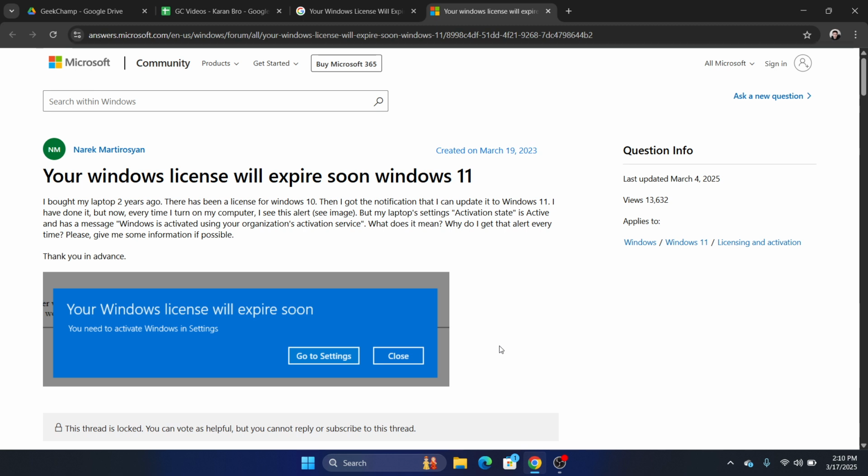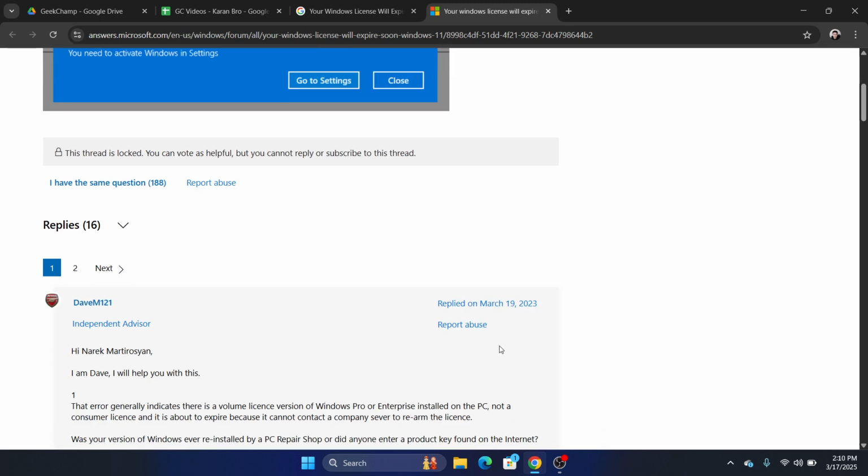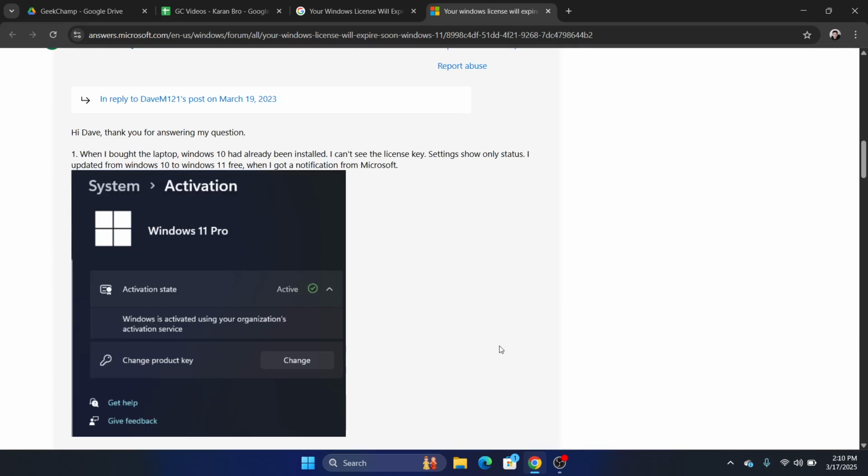Now, ideally, an OEM license that comes with a Windows computer does not have any limit. It means that once you have purchased that system with the license, it should go on forever. And the same case is with the retail license. But there is a third category which is for volume licensing, specifically for organizations. Okay, so if you're using volume licensing, then you will be getting